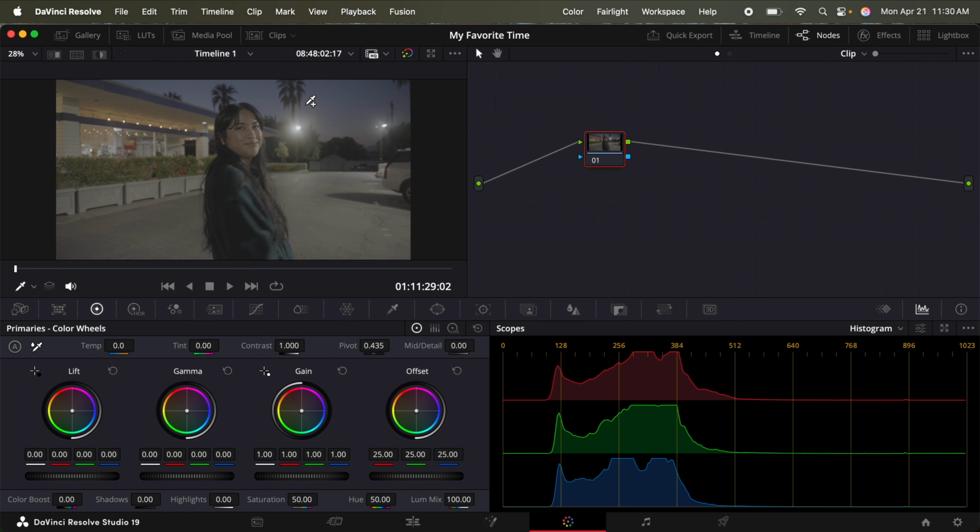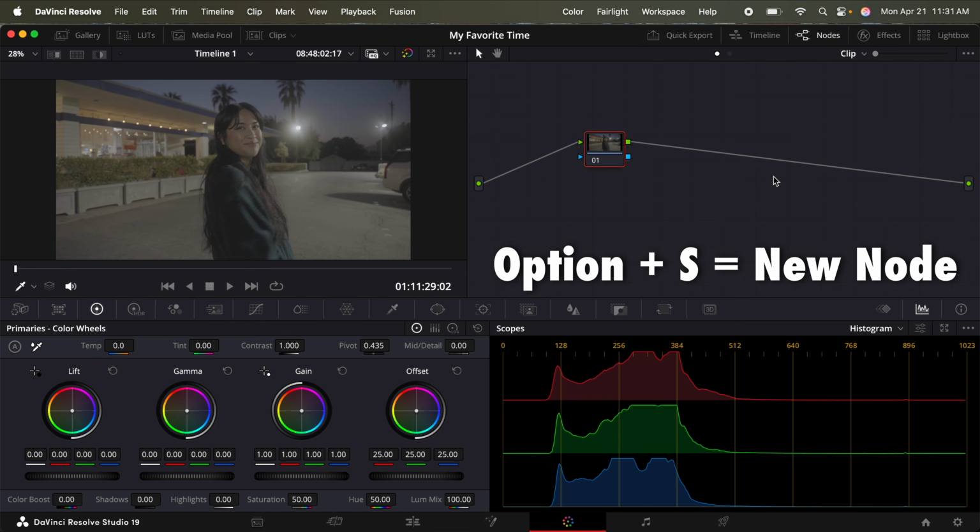If you're unfamiliar with log color profiles, they look super flat and desaturated, but this will give you the most flexibility when it comes to color grading. And also, if your camera has a 10-bit 422 codec option, switch to that to get the most flexibility and the best results. Very first thing we're gonna do is hold Option, and we're gonna press S 4 times, and